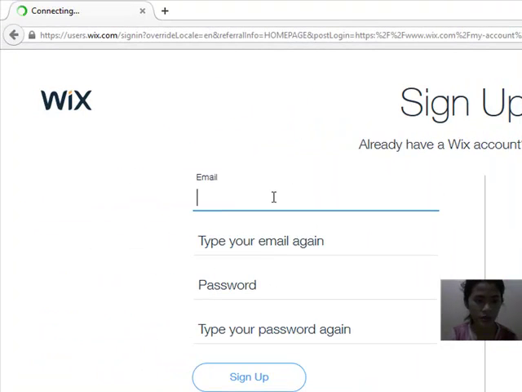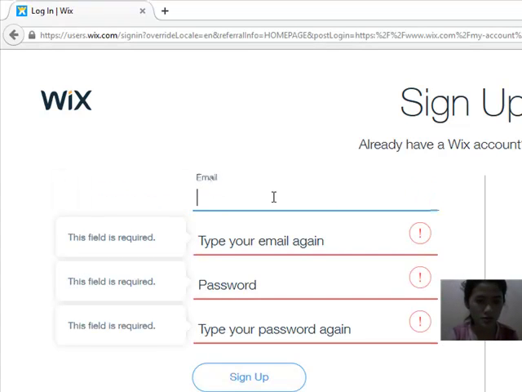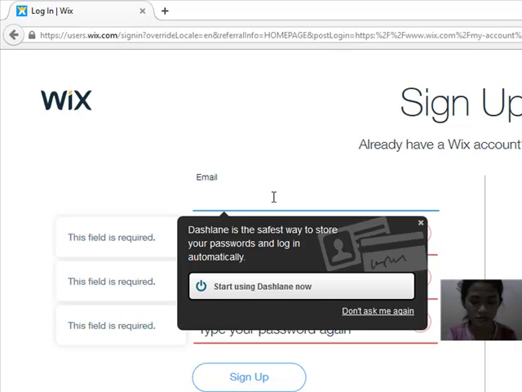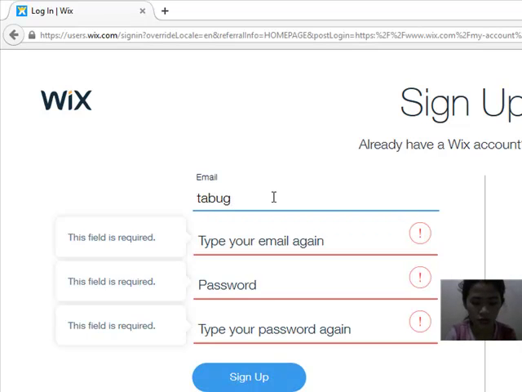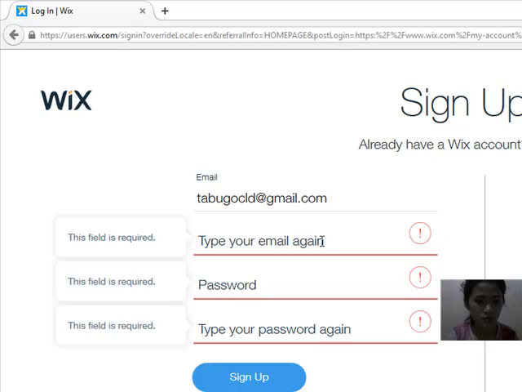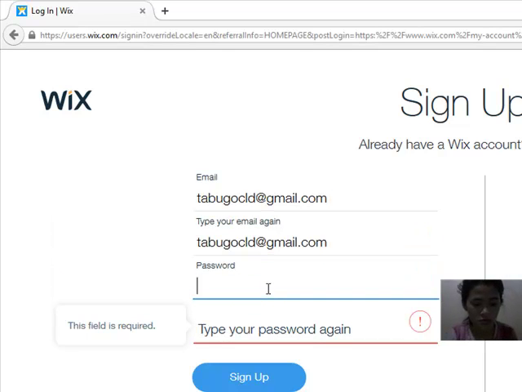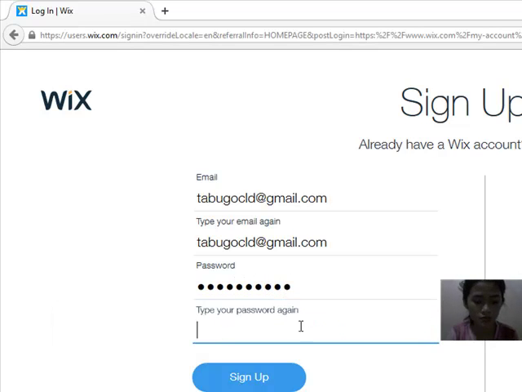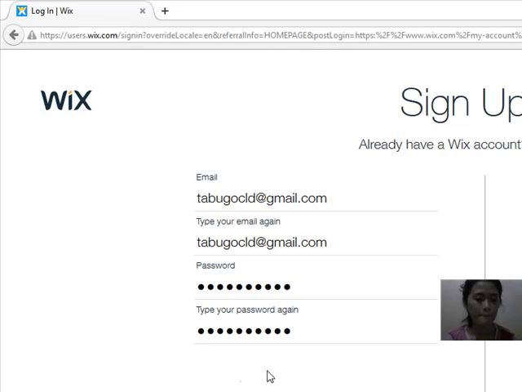Now I'm gonna type email. Google. Click sign up.